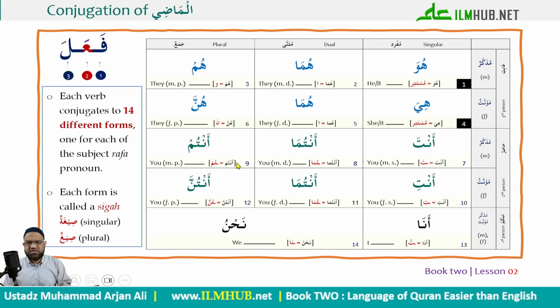Each box is numbered, called a sigha. Most important is 1 and 4, and that's why I've highlighted it in black. But in each one in the past tense, you'll have the doer embedded within the verb, and that is represented by something which is colored in red, and the pronoun that it represents comes first.